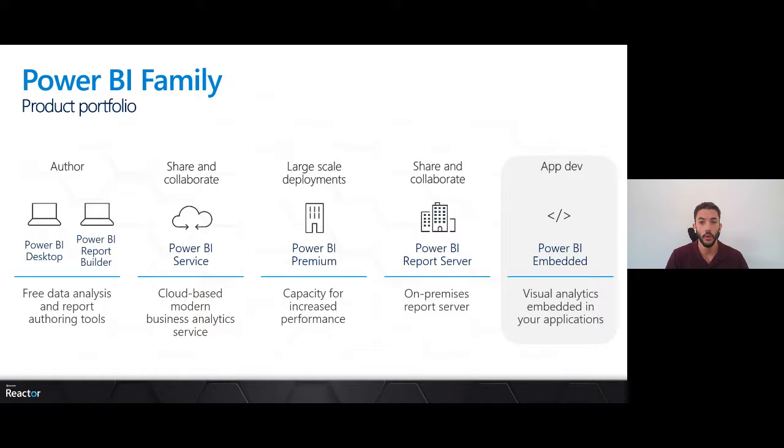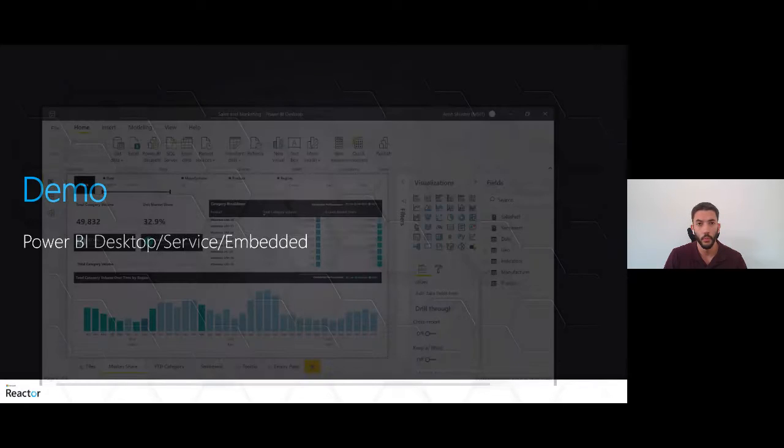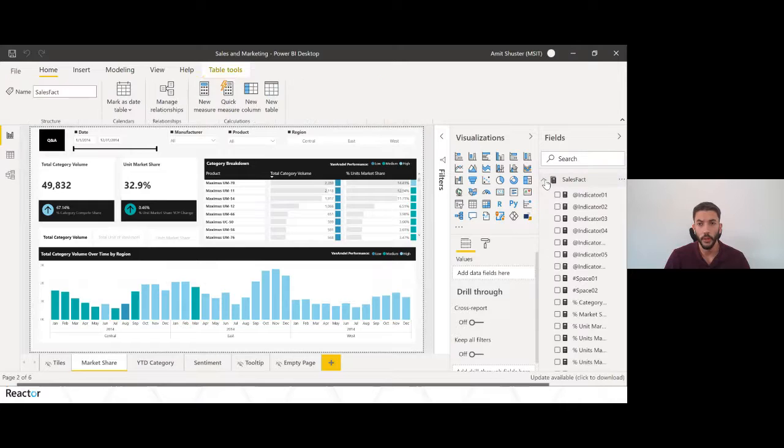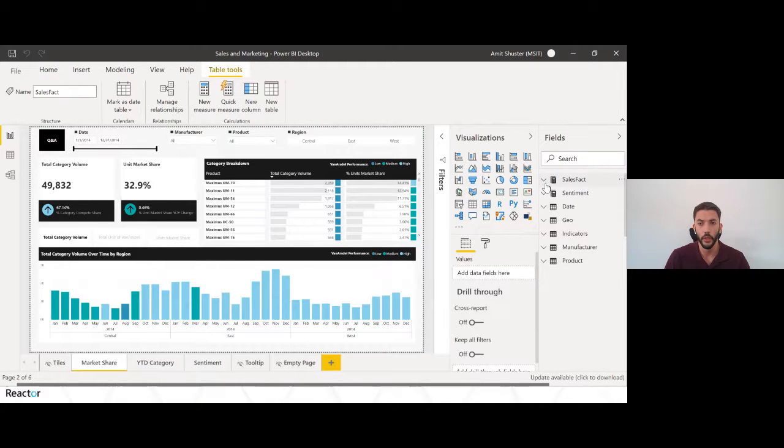So let's start with a quick demo on Power BI Desktop, Service, and Embedded. So what you can see now, this is a Power BI Desktop. This is a report that I have here called Sales and Marketing. You can see here all the visualization on the side and all the fields. These are part of the model. These are the tables that I have here for my data, and all these visualizations are built